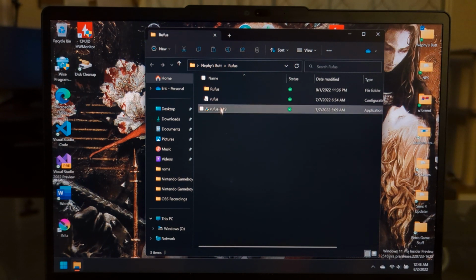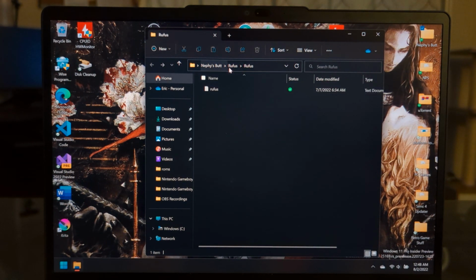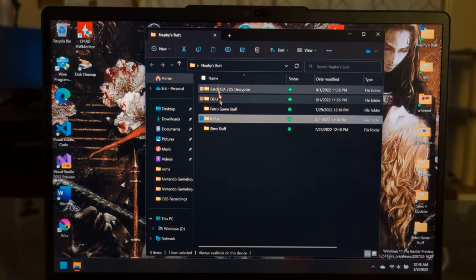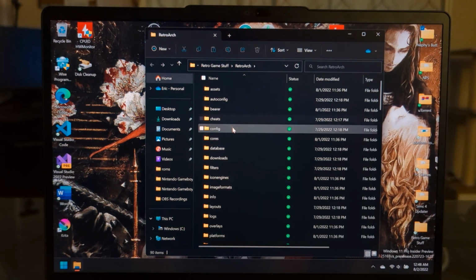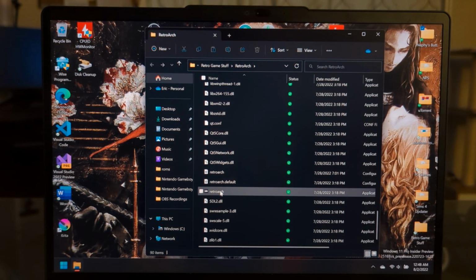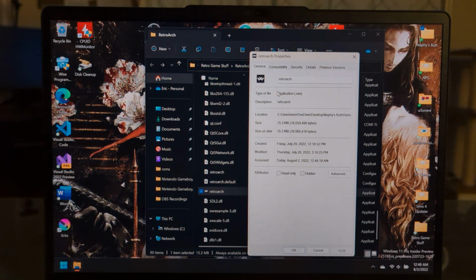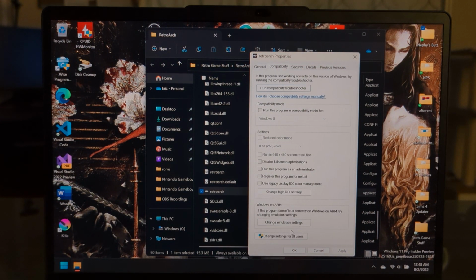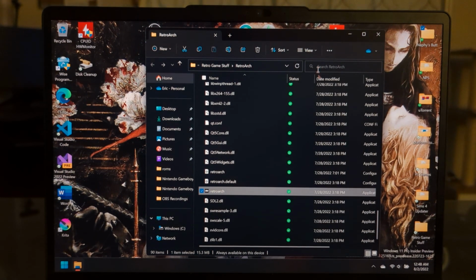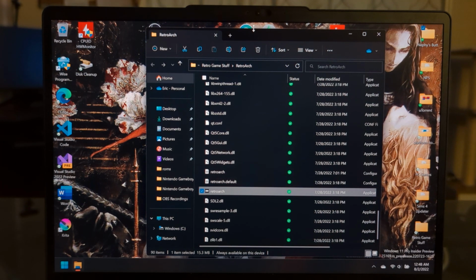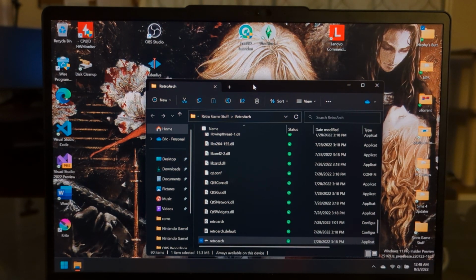Then, wait, I have 2 folders. Huh. Then RetroArch. Is it RetroArch or RetroArch? I just don't know what to call it. This is, of course, x86. I believe there is a custom ARM64 version that is super out of date. And then there's also Retrix Gold, which is a native ARM emulator frontend,